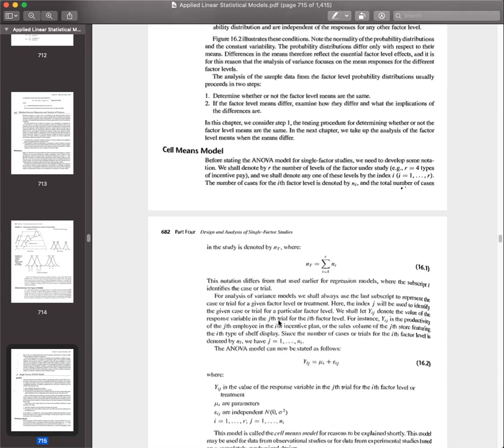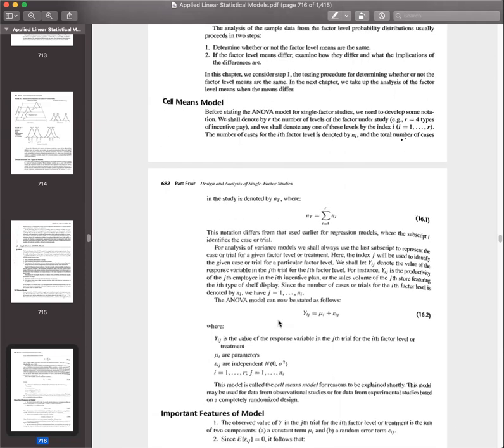The cell means model. Before stating the ANOVA model for single factor studies, we need to develop some notation. We shall denote by r the number of levels of the factor under study, and we shall denote any one of those levels by the index i. The number of cases for the ith factor level is denoted by n_i, and the total number of cases in the study is denoted by n_t, where n_t equals the summation from i equals 1 to r of n_i. For analysis of variance models, we